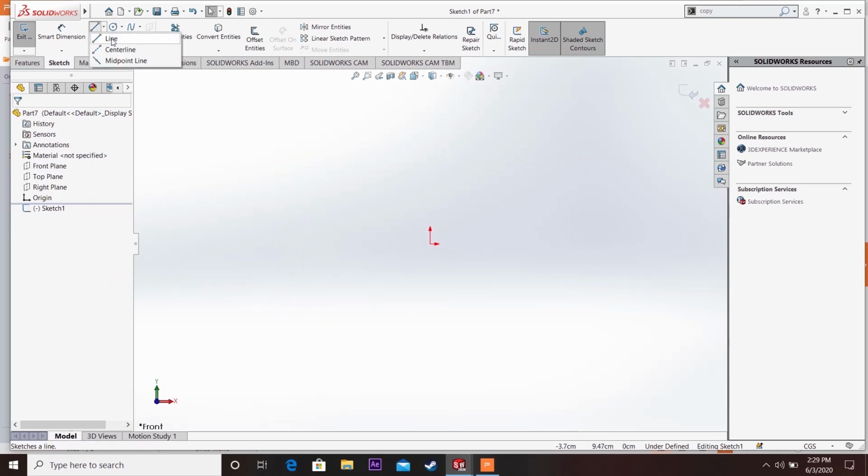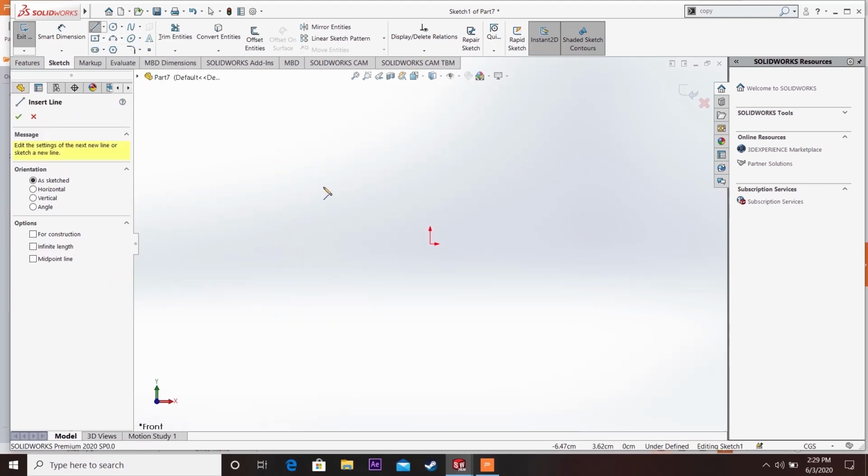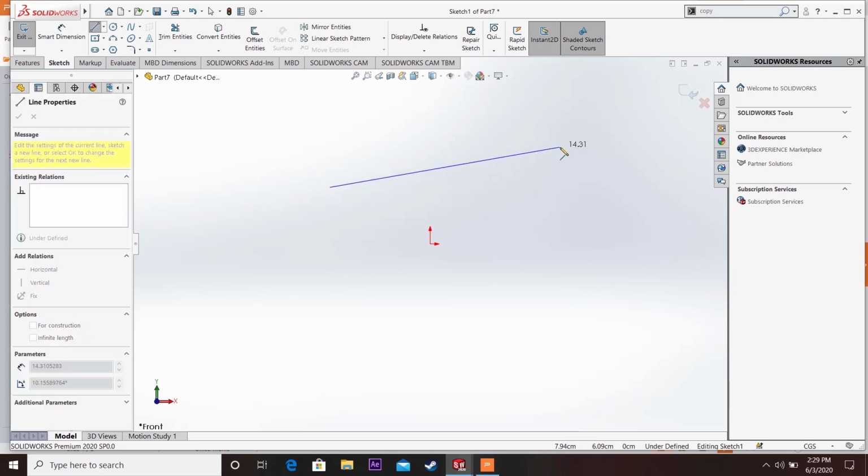So if you take a line and move it like this, if you observe, when the line is horizontal, you are getting a small yellow icon here, and in it we can see a small horizontal line.